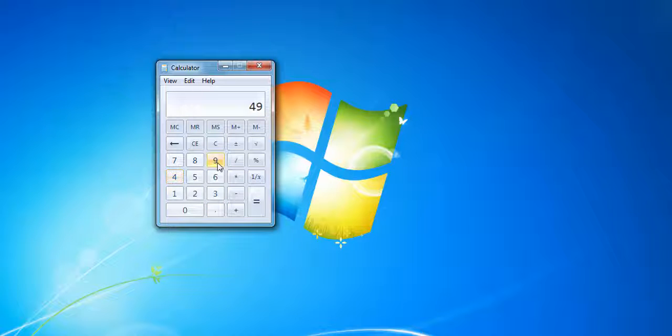See, 49 and here is the square root symbol. So the square root of 49 is 7. Okay, now clear. Now we will calculate percentage. See, 50 into 25%. This means 25% of 50 is 12.5.